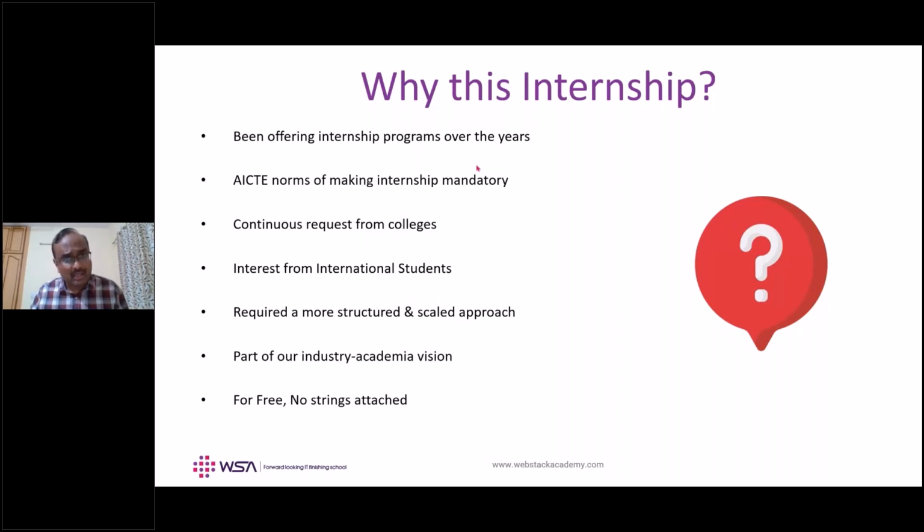As I said, in WSA we are doing this for the first time, but in Emertxe we have been doing it for more than 2 years now. We have reached 2,500 plus colleges. So we wanted to basically do something for the colleges, for the college students, especially in the internship cycle, targeting tier 2 and tier 3 college students, because for tier 2, tier 3 college